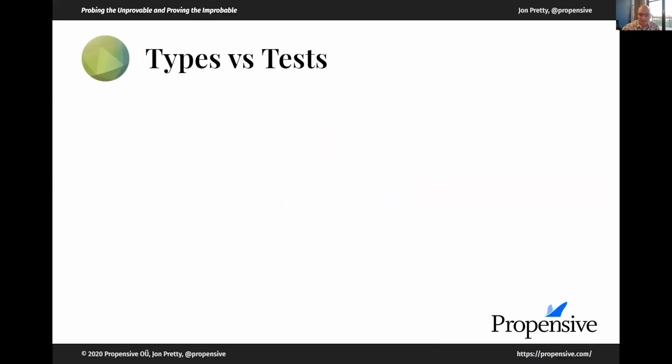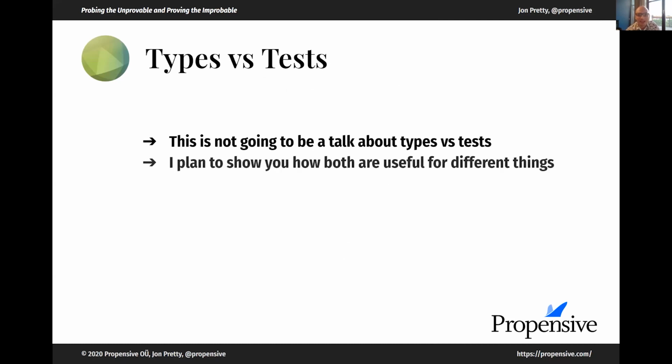So, types versus tests. Well, this is not a talk about types versus tests. I want to show you how you can use both, and how different approaches have different applications, and they can be very complementary to each other rather than a choice.